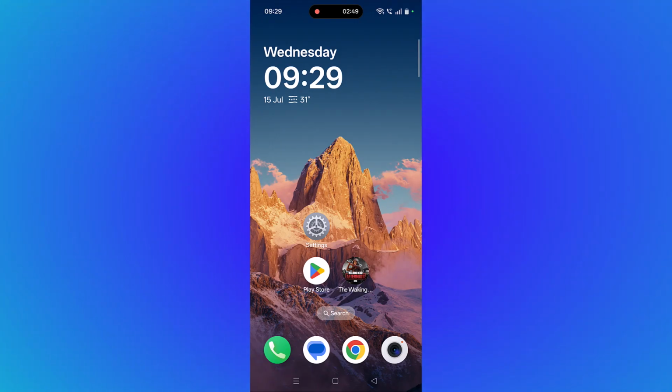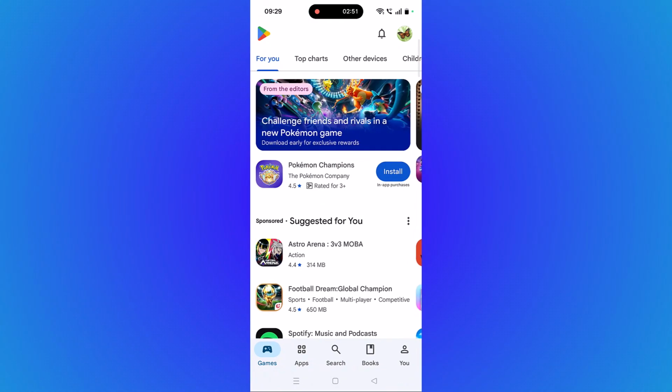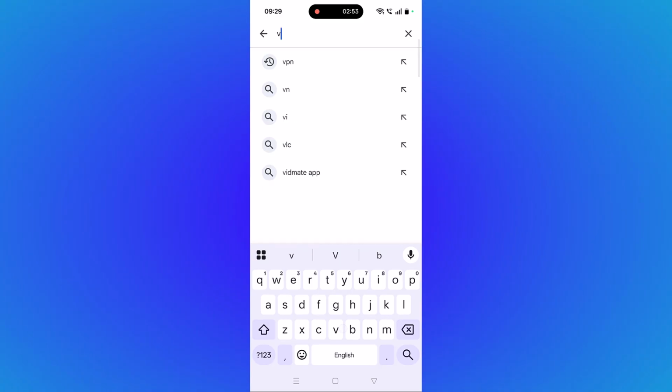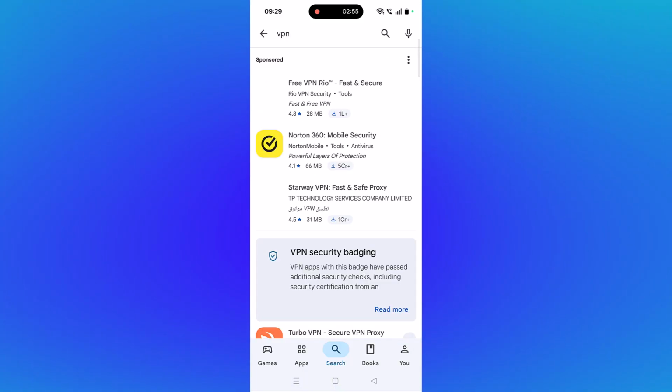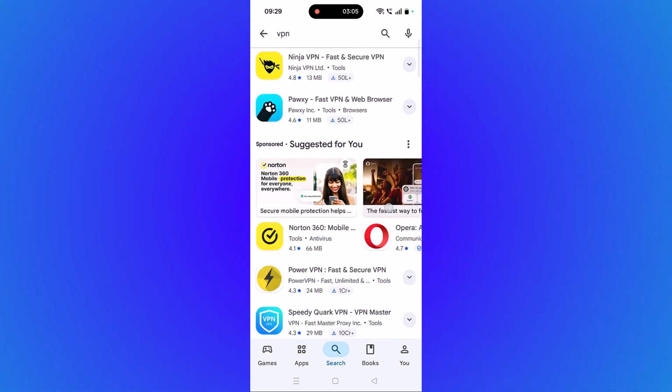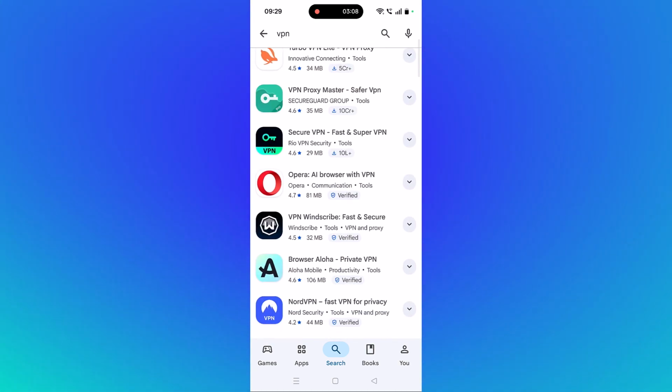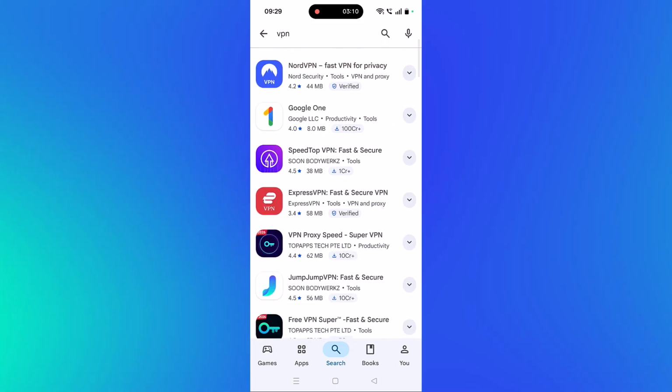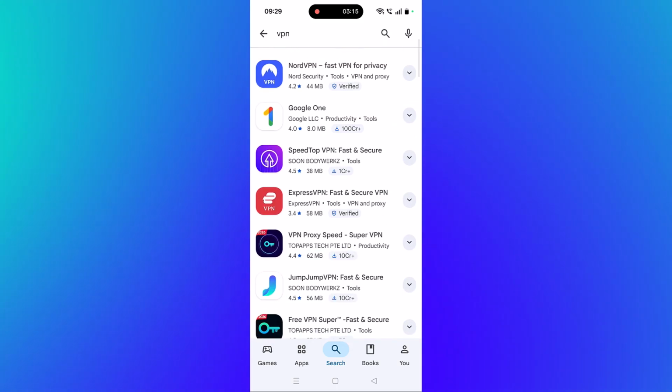Next solution is to connect to VPN. Open Play Store, tap on search for VPN, and download and install any VPN of your choice from the Play Store, such as Norton VPN, Turbo VPN, Proton VPN, Ninja VPN, Secure VPN, NordVPN, Express VPN. You can install any VPN of your choice from the Play Store, then launch the VPN app